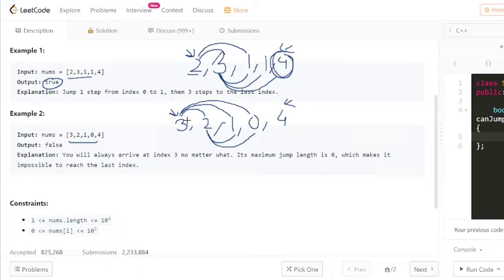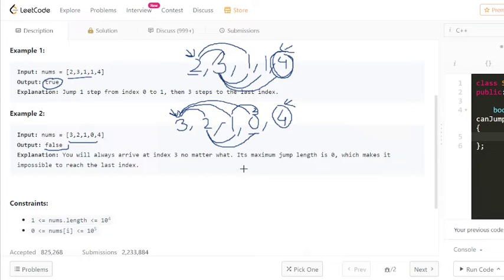So let's say that from index 0 we jump to index 1. If we jump to index 1, from this index we can actually jump to index 2, right? Let's consider that from 3 we jump to index 3. So from index 0 we can see that we have gone to index 3 now, right? But index 3 has an integer as 0, which means that we can't move forward. So there is no possible combination through which we can go to this target element, and hence we are returning false.